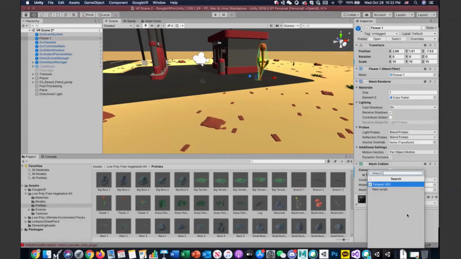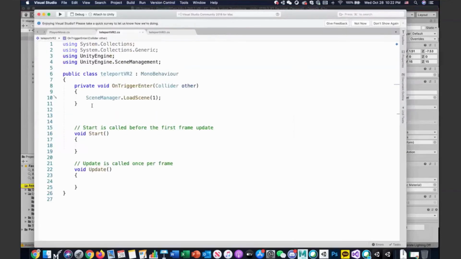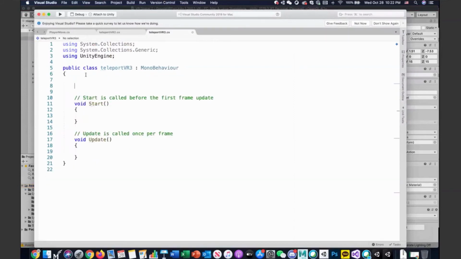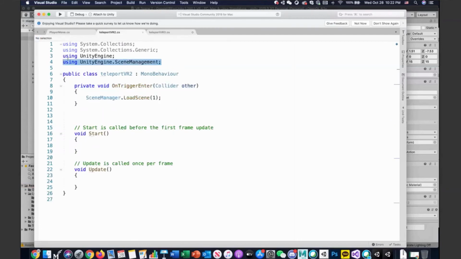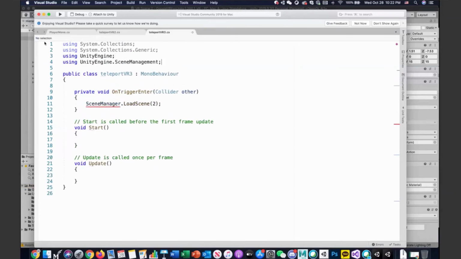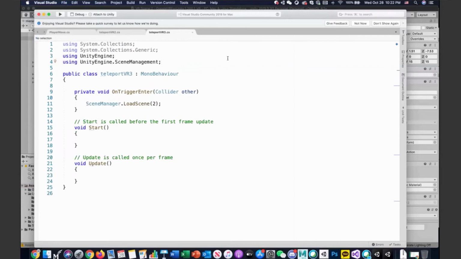Teleport VR3 and create a new one, and double click, and I'll just copy this, paste it, and then go to number 2, and obviously I have to actually copy this and paste it here and save. Now,